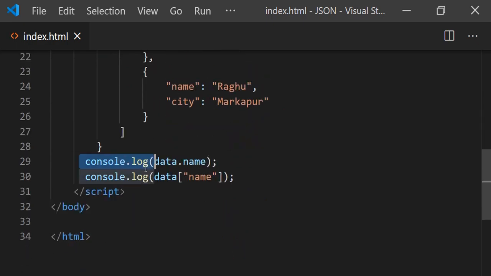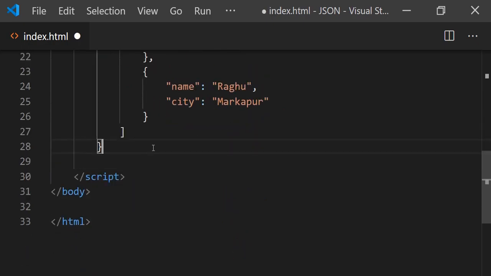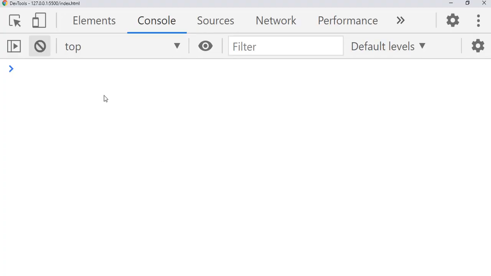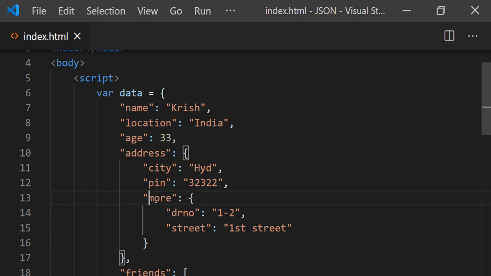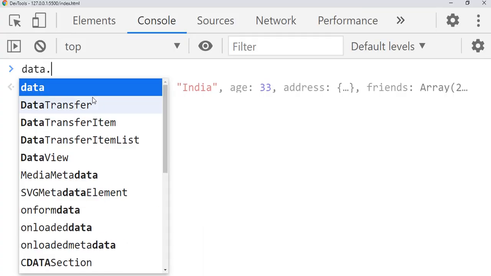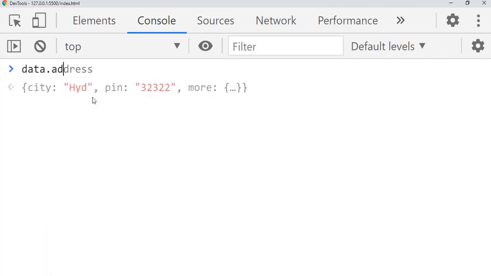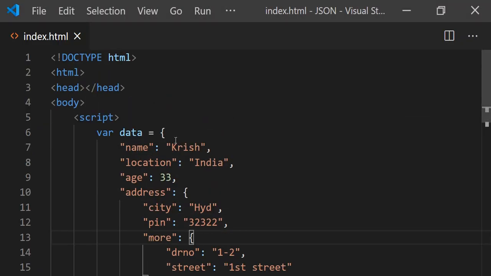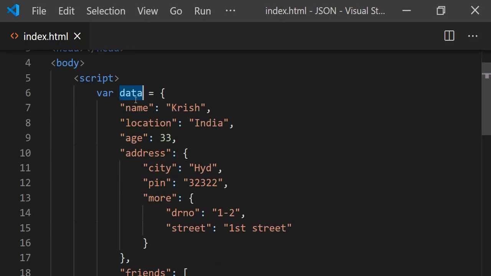Let's see address. Address has an object, and again more is inside it. How to access that? Instead of writing here, I just try in the console itself, because we are running the HTML, so the data object is available here. How to access the more key, the more object here? More is the key and this is the object. Here you can give any name, let's say d or s, any name you can give. I just give data because it will make sense.